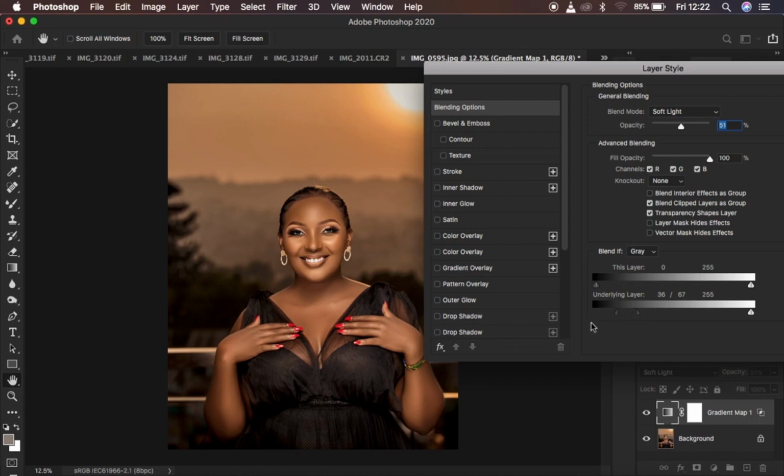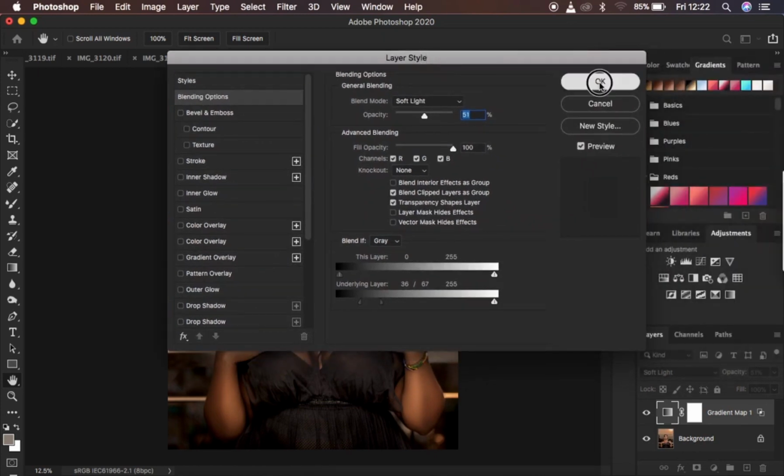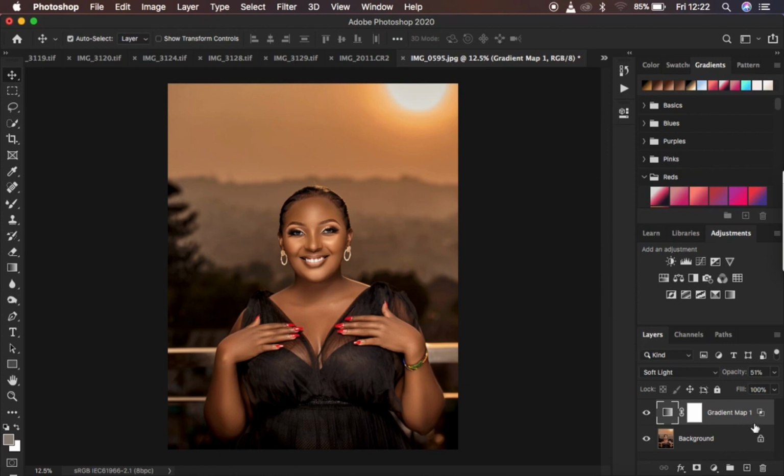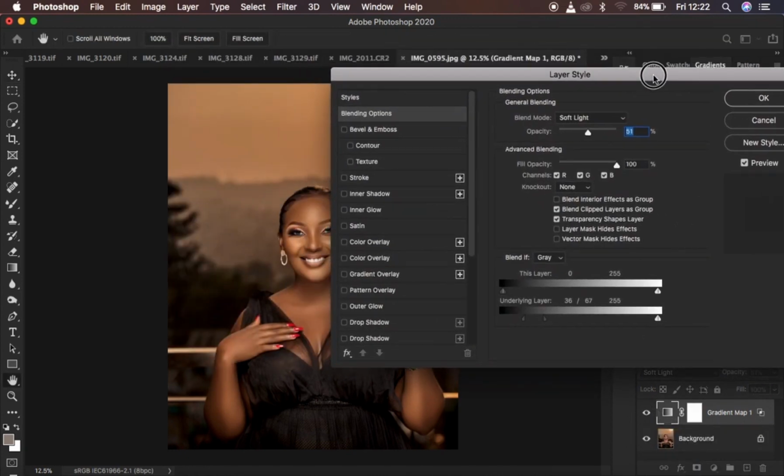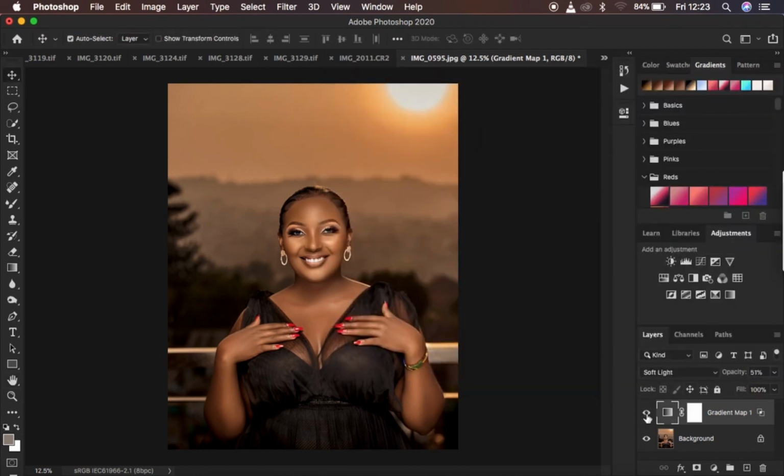And keep going until this is really blending quite well within the image, and you feel like the effect is not intense within the shadows of the image. So just come and leave it at that. I'm just going to simply hit OK. So if at all you just want to see a preview for your layer style, you can come back right here, and with this selected you can see the preview of your layer style. So just come and hit OK. So this is the before and after. Before, after, you can see now we have amazing skin tone or skin colors,